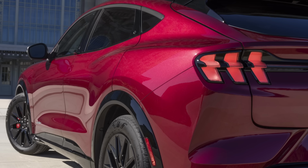I know a lot of people have modified their current Mach-Es with a black film that looks like a grille on their non-GTs, so I think it's just a continuation of that. Also noting here, I think this is the new magenta red color. It's a little bit richer looking, and I think in person this is going to look really great, especially